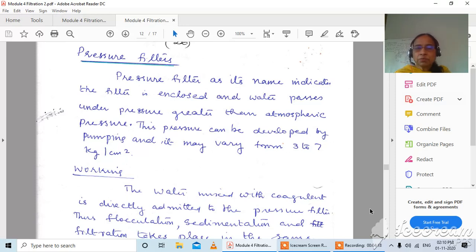The water passes under pressure that is greater than atmospheric pressure, and the pressure can be developed by pumping. This pressure varies from 3 to 7 kg per centimeter square. So 3 to 7 kg means almost 30 to 70 meters of water column. Either you can transmit the water from a high elevation by gravity, then it will have this 3 to 7 kg pressure. Otherwise you have to pump the water from the lower level, and the water which enters into the pressure